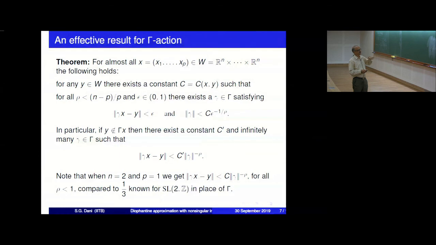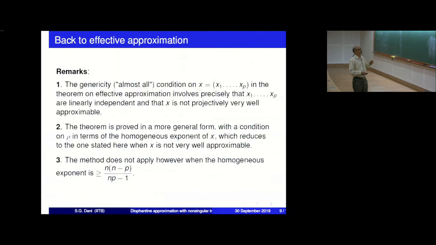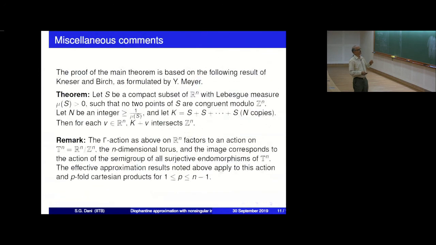Of course, there are various details that I will not be able to go into. Another remark I have made is that along with the action on Rn, you can also think of the action on the torus. There are many contexts in which one considers actions on the torus. So this will be a semigroup of endomorphisms of the torus, and the result for Rn will naturally also imply the analogous statements for the torus. I'll not go more into that.